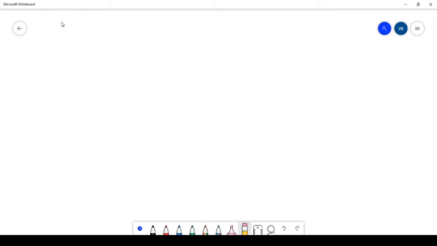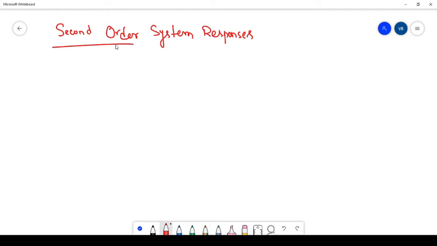So in this class, I am going to explain the topic regarding second order system response and what are the calculations in the second order system response. I think you already learned this in control systems. So how will the second order system be, and what are the times we are going to calculate in the second order systems, and how we are going to link these to the process control industry, and